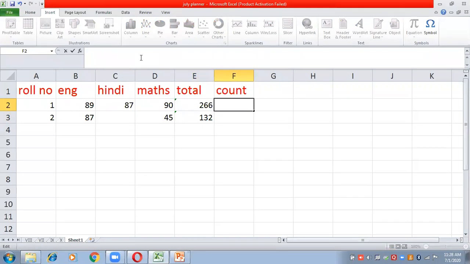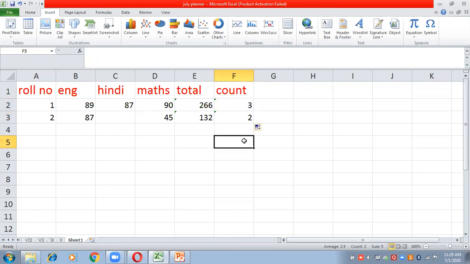Go to the formula bar and write equals to count, bracket start, then the address of the first cell, a colon sign and the address of the last cell, D2, and bracket close, enter. This is count 3. Now if I drag it, the count will be 2, because in the next row we have only 2 subjects' marks. This is the count function.